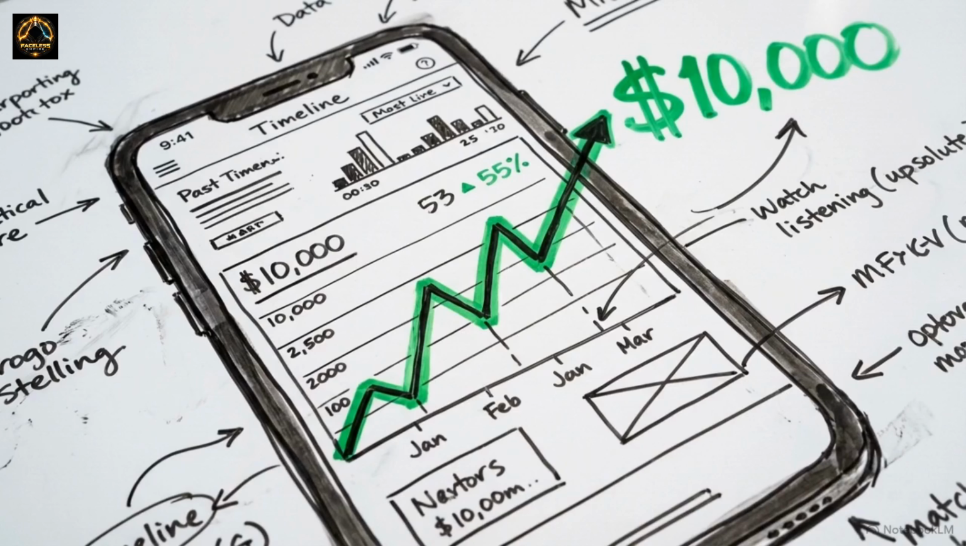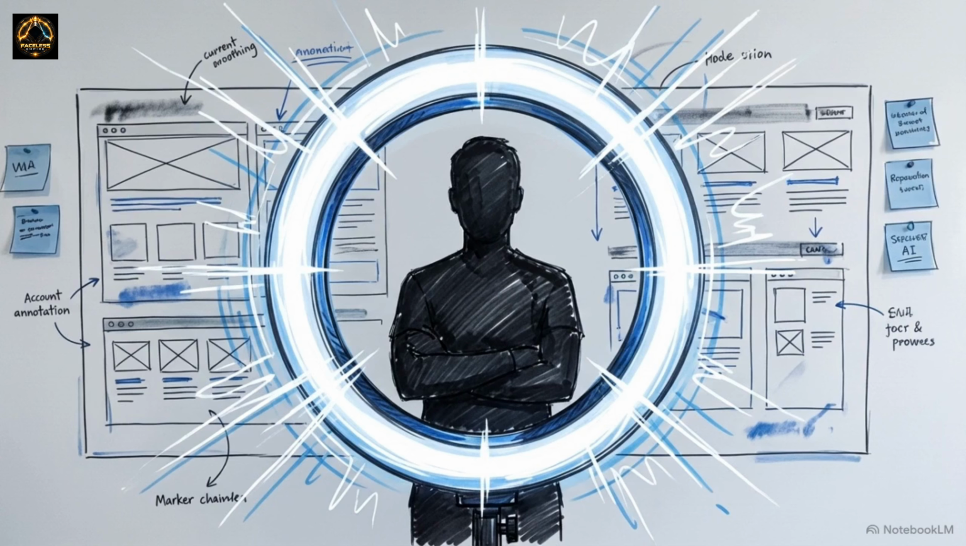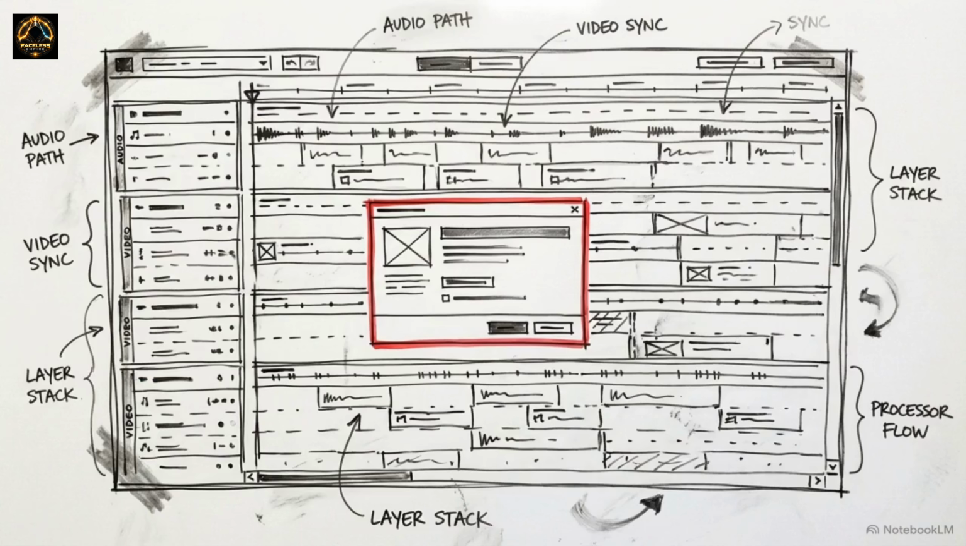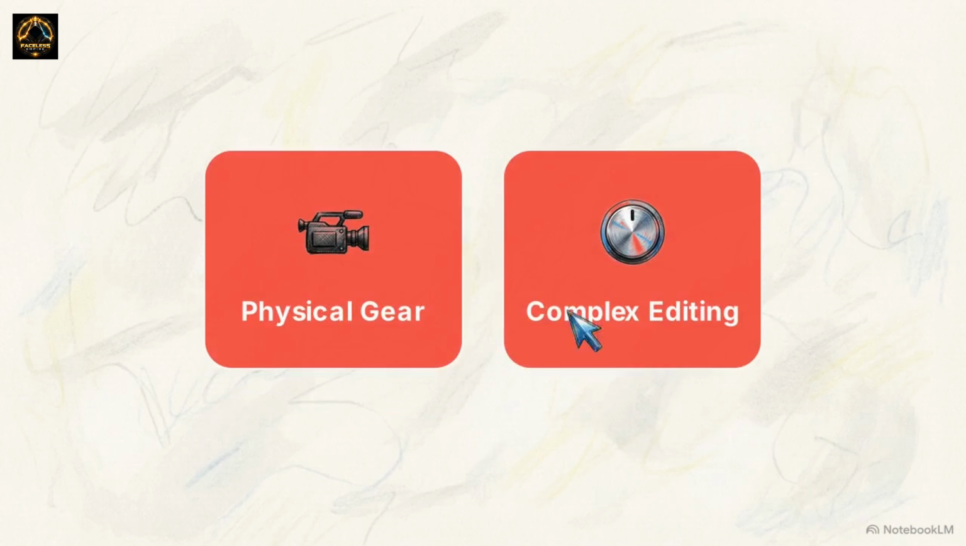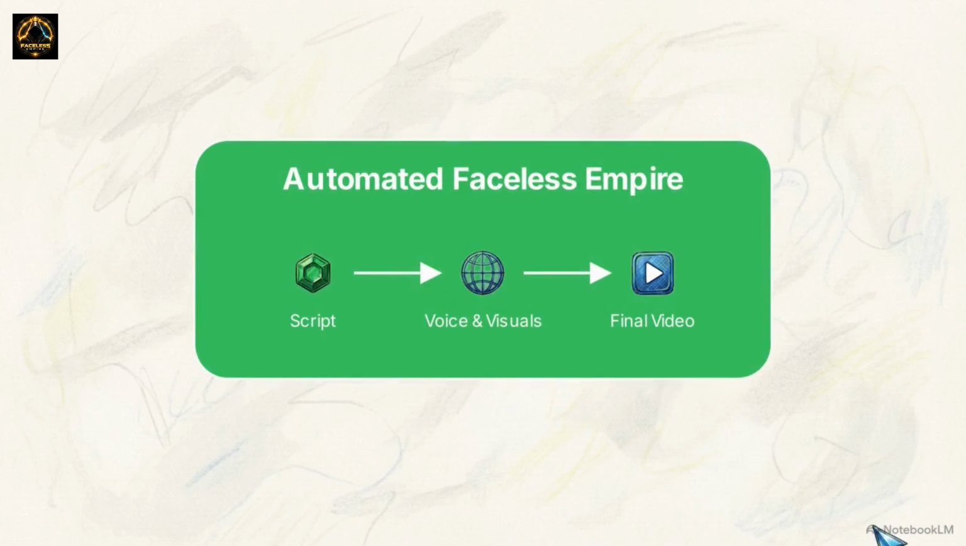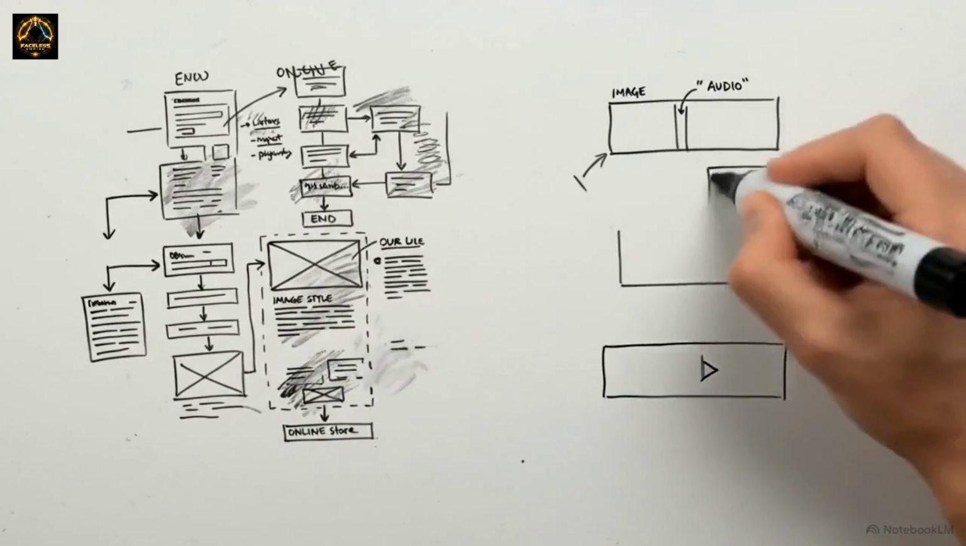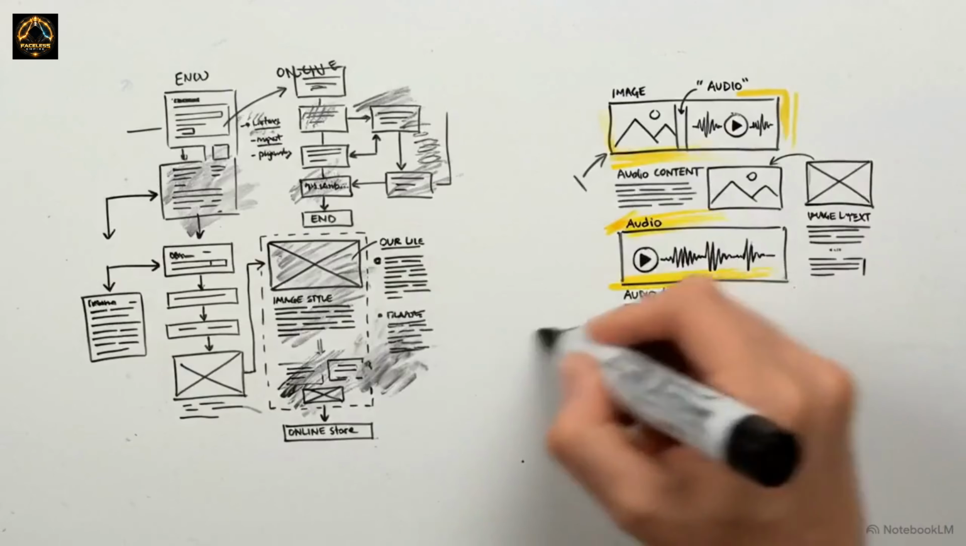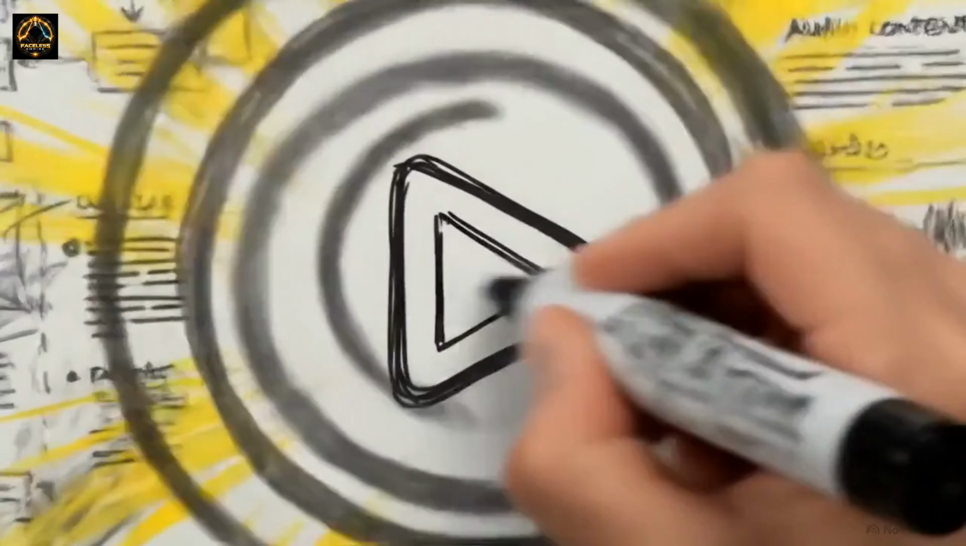Many creators want to capture YouTube revenue, but are stopped by the friction of appearing on camera or the steep learning curve of professional editing software. The 2025 suite of AI tools has removed these barriers. You can now automate the entire production process, moving from a blank page to a published video using a fully